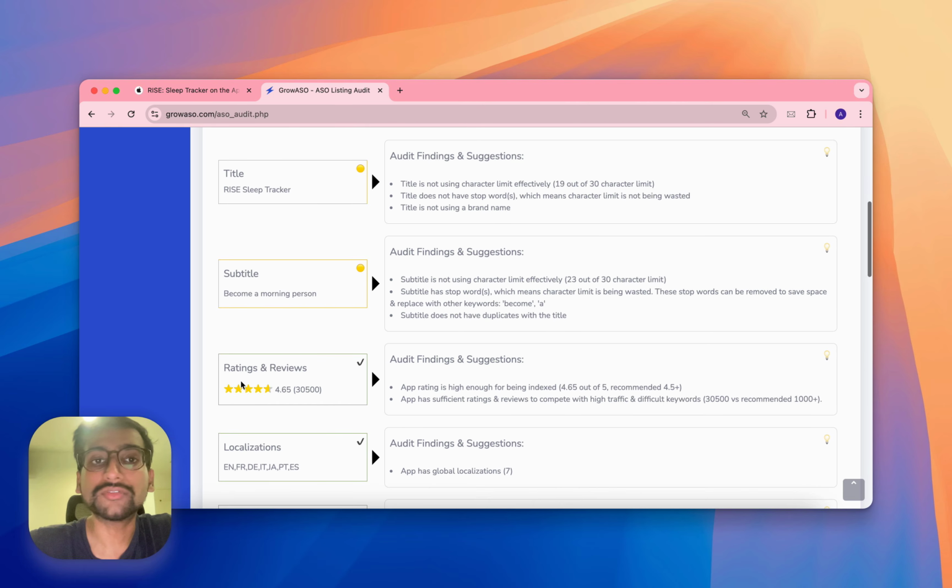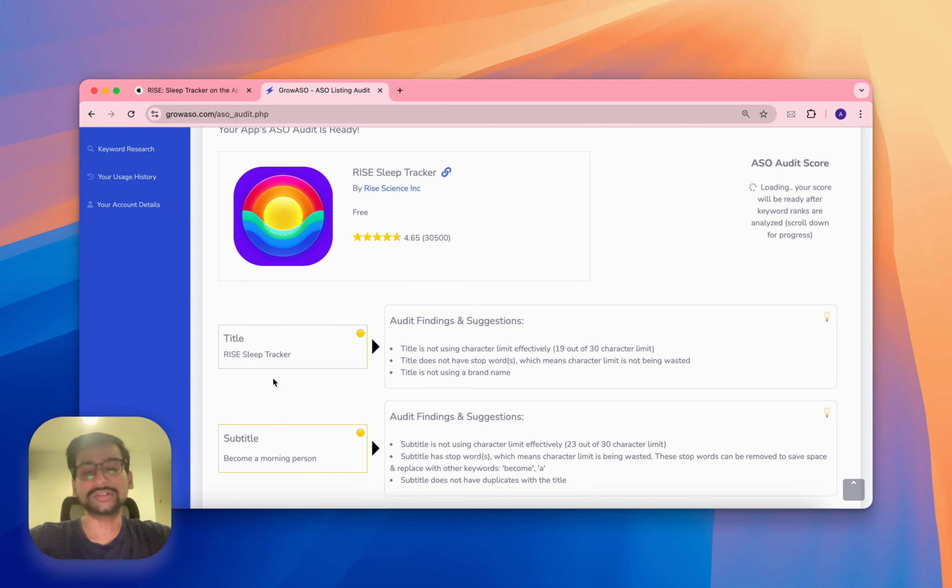The interesting thing, of course, is that for iOS, if you remember, the app description does not directly matter in terms of keyword indexing, but what it does play a part in is when users search on Google directly. Let's say they're just using the Google search engine, outside the App Store, and they search for, let's say, a sleep tracking app. Then the keywords in your iOS app listing description start holding weight, because Google does index those. So that's something you should keep in mind.